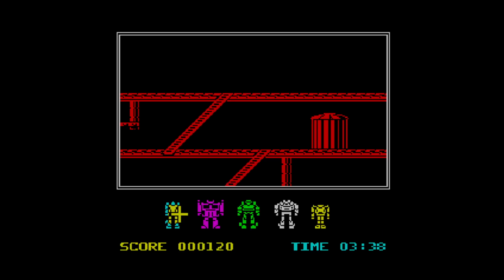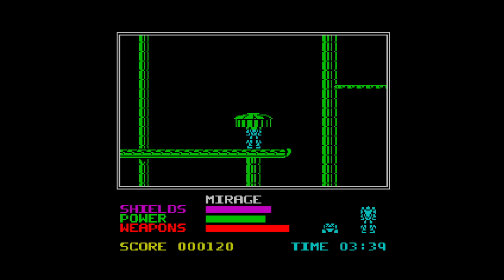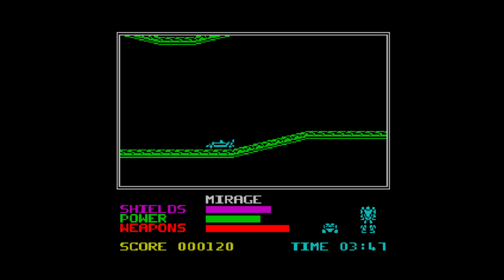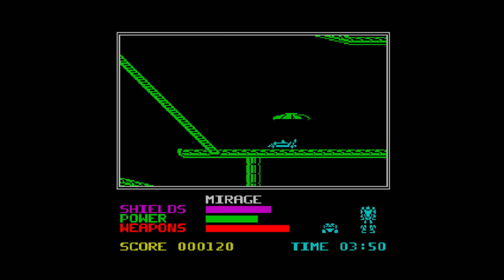Let's be Mirage. It's the only one I haven't been yet. One thing I like about Mirage and Jazz is that if a ground-based enemy fires at you, then their bullets fly harmlessly over the top of you. See, like that. If you're Mirage or Jazz, then the bullets will just go over you. But if you're anyone else who is taller, then